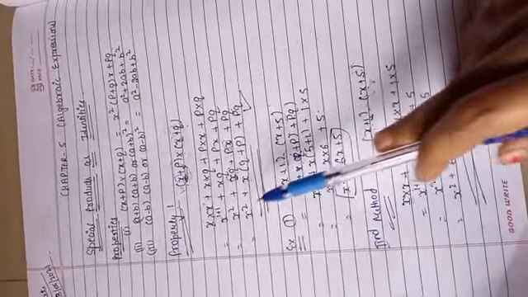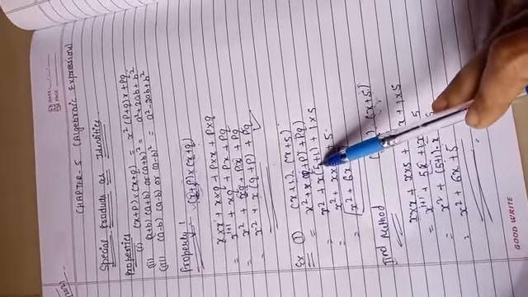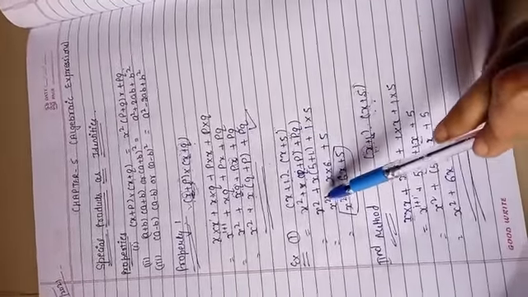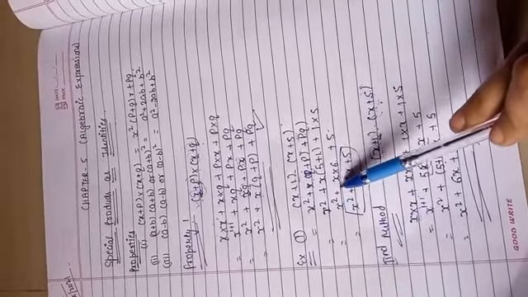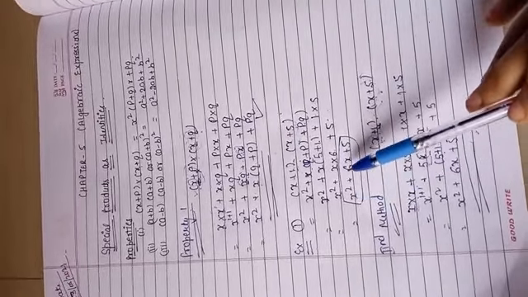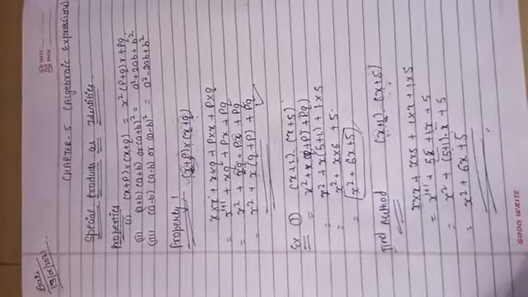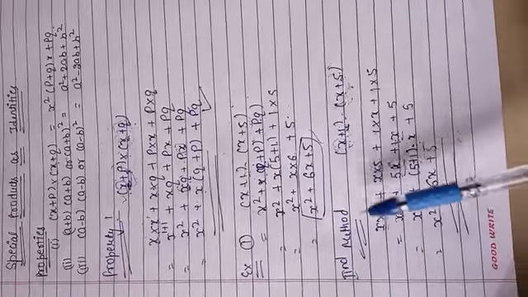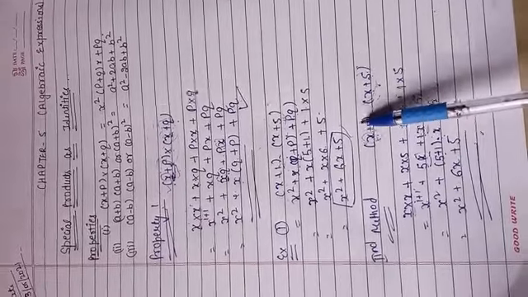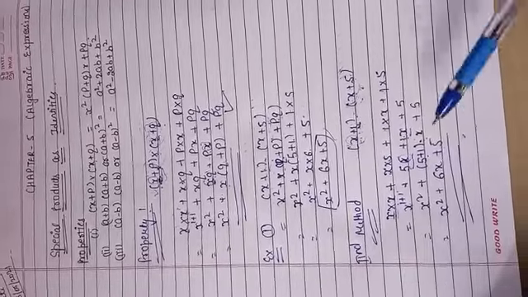So we will put here x square plus x bracket p plus q. So q is 5 plus 1, plus p multiply q, p value is 1 multiply q is 5. So if we solve, x square plus x, 5 plus 1 is 6, plus 5. So we will get x square plus 6x plus 5. This is the required product of x plus 1 and x plus 5. I hope you understood. Now the second method is x plus 1 multiply x plus 5. This is the simple method. So how will we multiply? You know how we multiply a binomial with a binomial. So you can write here.